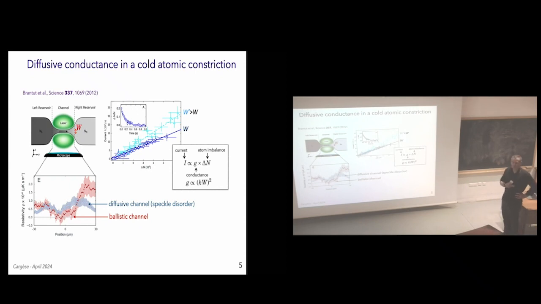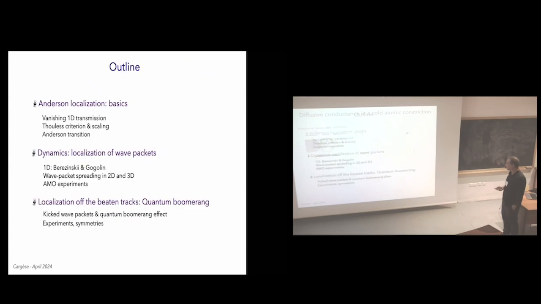There are many other things in this experiment that I will not discuss. In particular, the fact that you have this huge increase of the resistivity you see at the two sides of the constriction. This is actually a manifestation of an effect which is called the contact conductance of the constriction.